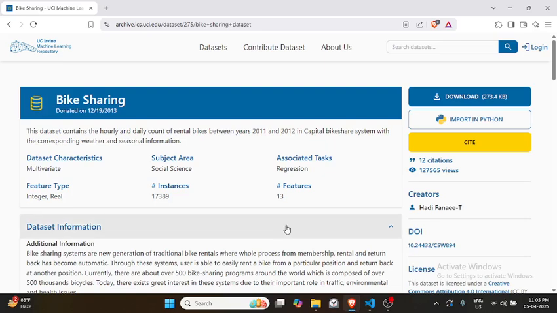Hello guys, so today I am going to discuss linear regression with you. We will see how to apply it in Jupyter Notebook. Our dataset is about bike sharing and it is taken from the UCI website, and here are some